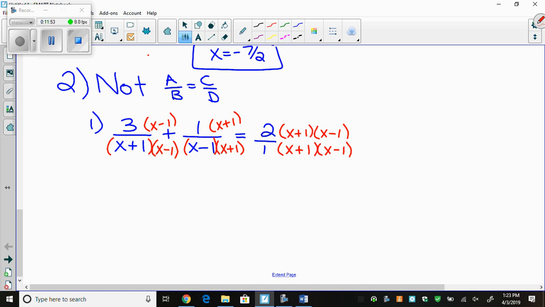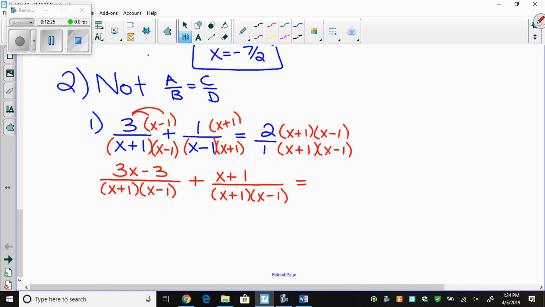But I'm going to expand first. So last time when we did this with addition and subtraction, we'd expand. So I'm going to do that. I'm going to get 3x minus 3 over x plus 1, x minus 1. So all the same steps as yesterday. Plus, this is why we spent a long time on addition and subtraction, because if you can't do that, solving's hard. Then we get 1 times something, well, it's just that something, x plus 1 over x plus 1, x minus 1